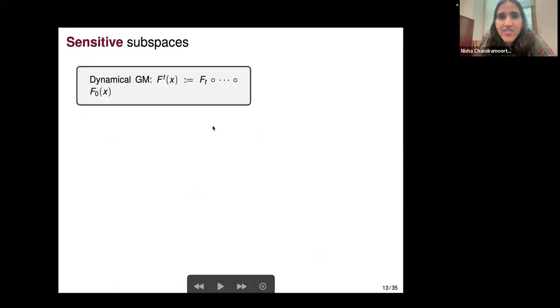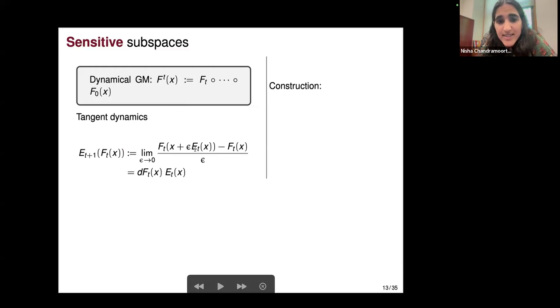Okay. To understand this, we will again go back to our tangent space equations and now define what is called a sensitive subspace of the tangent space. These are like finite time versions of Lyapunov vectors, if you know some oscillated theory of Lyapunov vectors. But because these are finite time dynamics, I'm just defining finite time backward Lyapunov vectors. So again, consider the original dynamics, F_t, which is a composition of the time-dependent f_t's. And then you remember the tangent dynamics is the same thing as before,